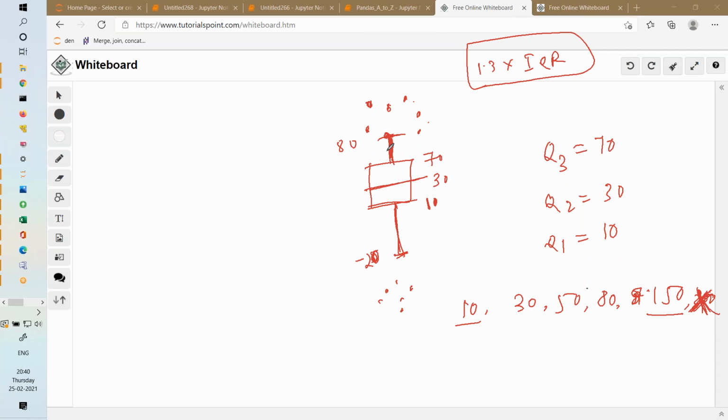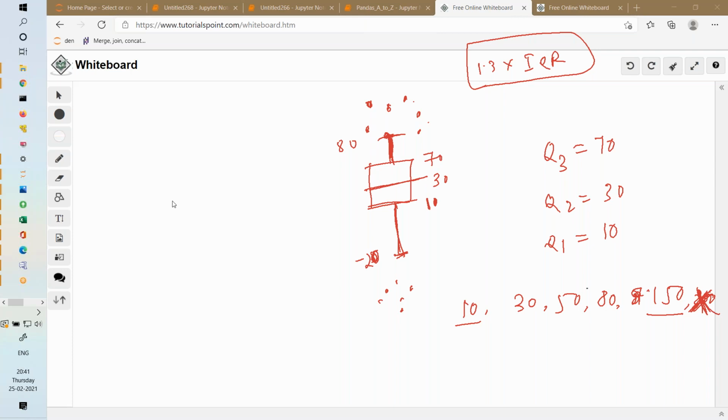So once you set the threshold, all the points which are outside the boundary, you remove those points. Those are outliers. After removing outliers, whatever points are remaining which are within the box, you select whatever is the minimum, whatever is the maximum point, and join the dots. That is called whisker. Those are called whiskers.